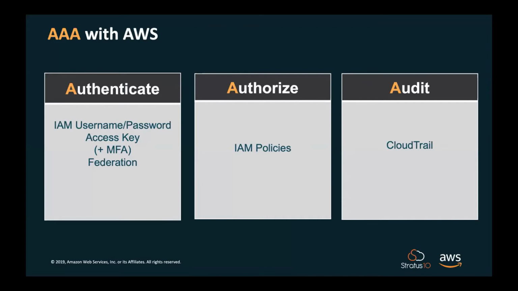And then audit, which AWS has a service called CloudTrail, which can log all the API calls against it, so that you can have a trail of saying, okay, I know at this time, this person ran this API call against this service and made this change. So it's a great way to understand and audit and be able to go back and understand what occurred at a given point in time